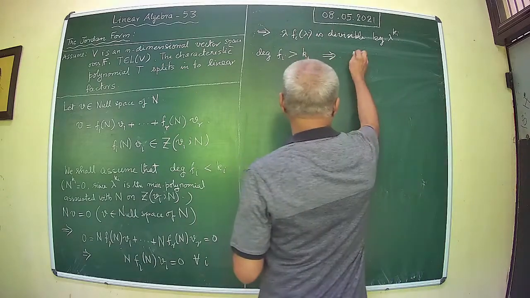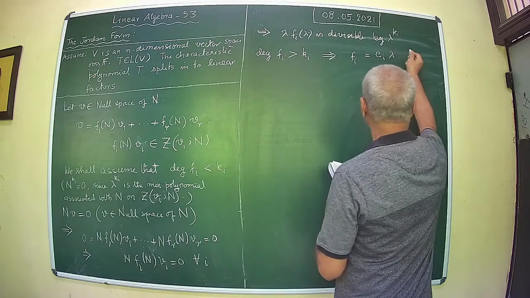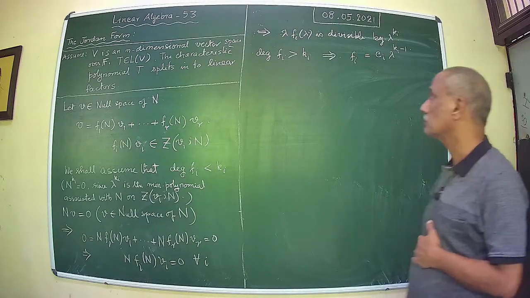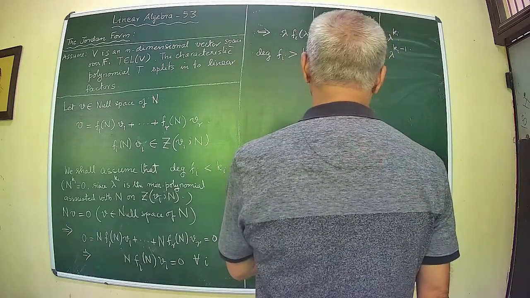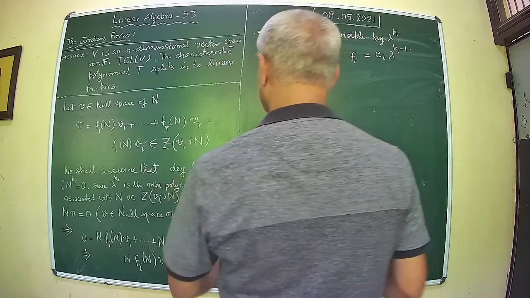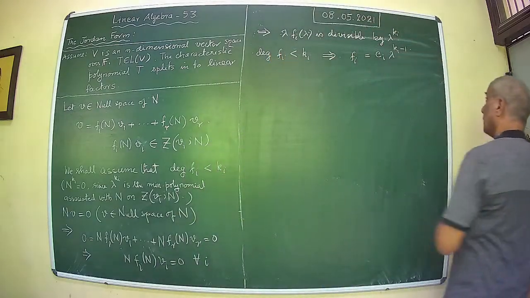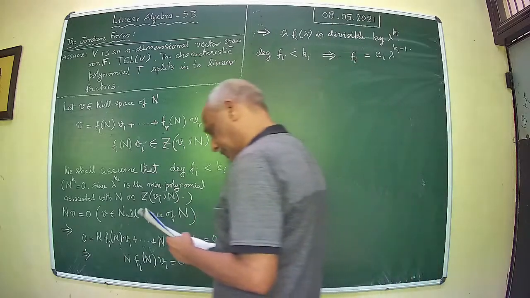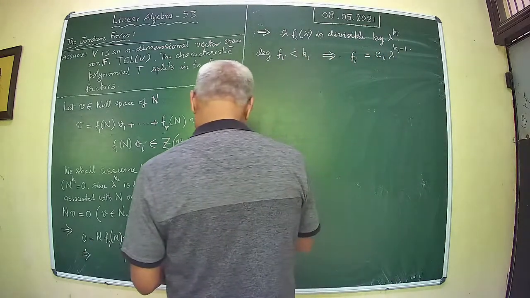This implies f_i is equal to a constant times lambda to the power k_i minus 1, so that you see lambda times f_i is c_i times lambda to the power k_i. So this is the inequality. So that gives this. Okay, what does this mean? This means now you can write down, this implies